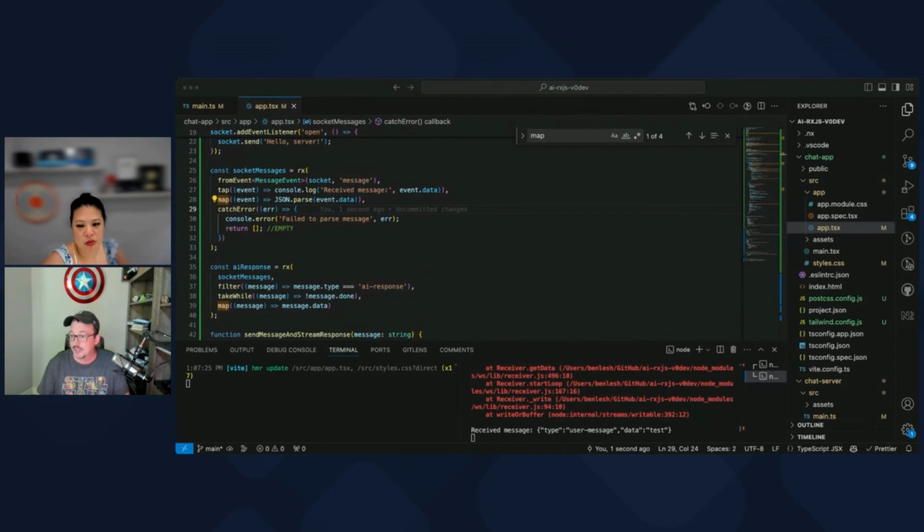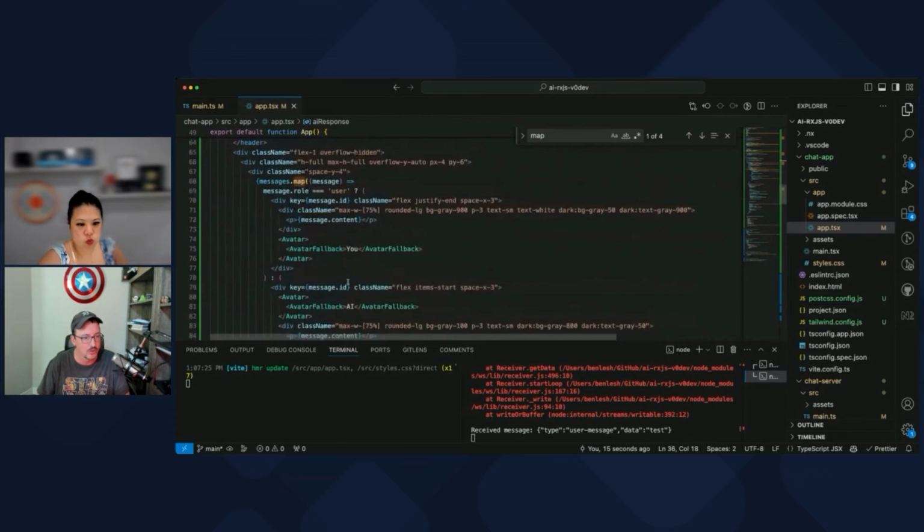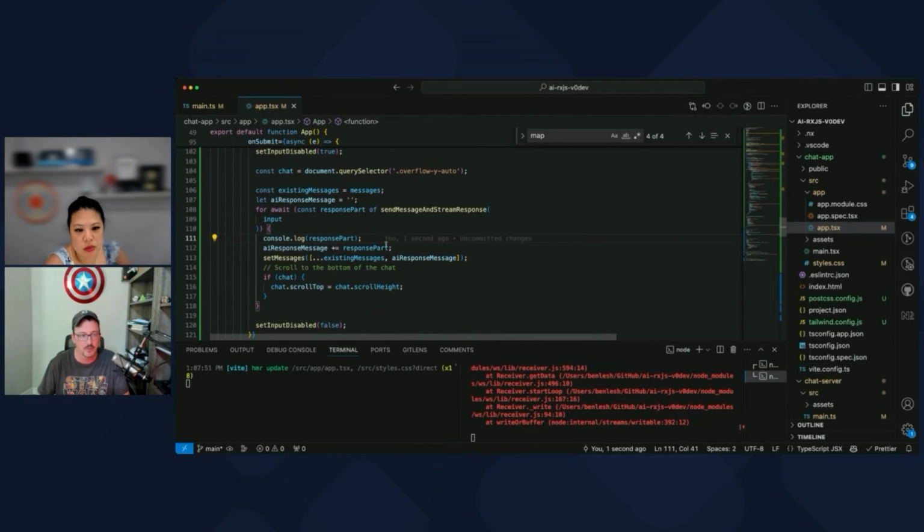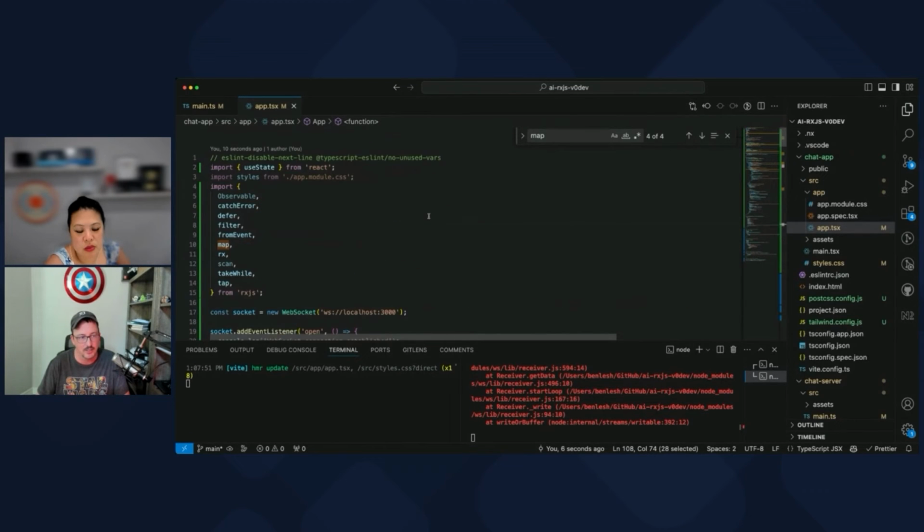So we are receiving messages. Okay, so we're getting messages, and it's already got spaces in it. Let's go down here. So maybe our 408 stuff isn't being hit. Let's get rid of this. Console log response part. So this part isn't doing anything. This is returning an observable. Do we have the right version of RxJS here is the next question.